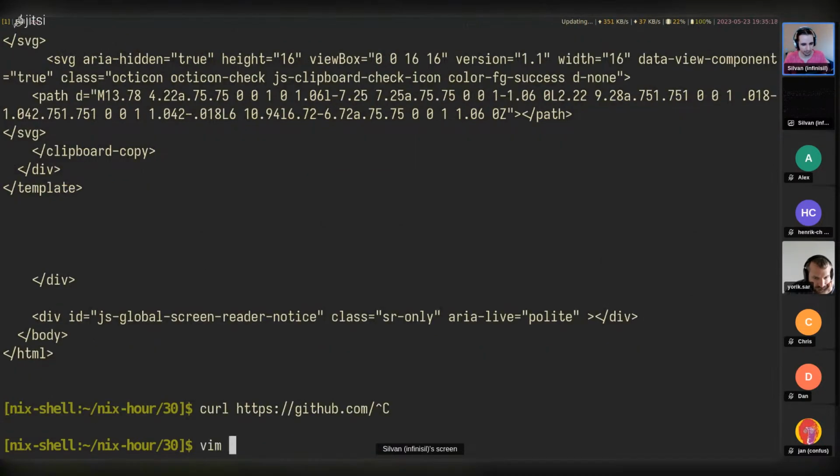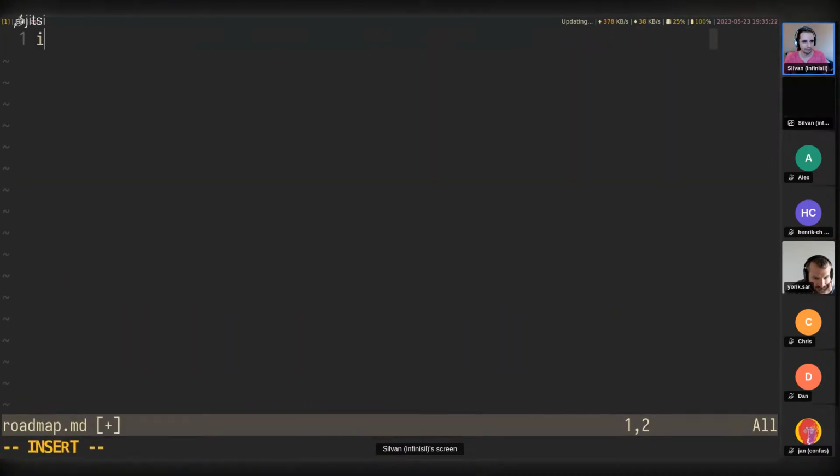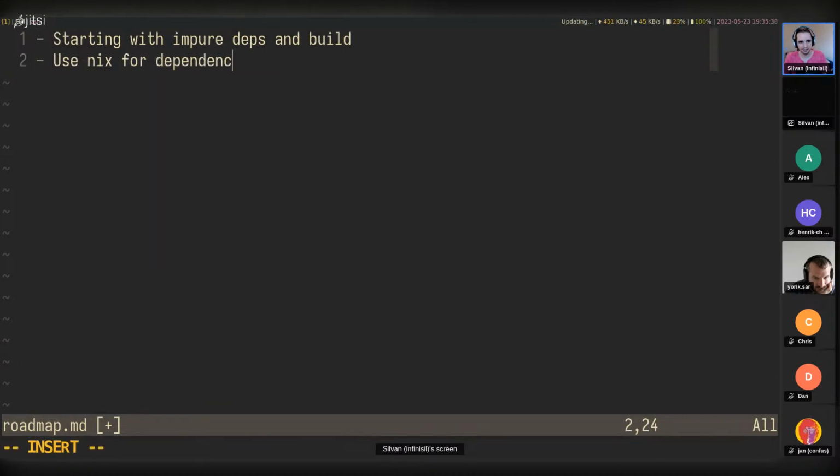Generally, in roadmap.markdown, you start with impure deps and build. Then you use Nix for dependencies using Nix shell.